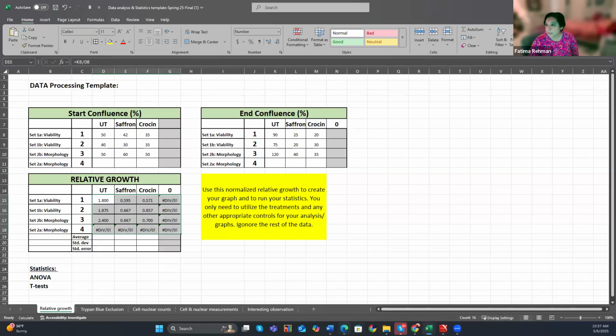A number below 1 means that the cells either died or didn't grow or replicate as much, so they were less confluent than you started with. And so now when we do that, you see the numbers get a lot closer together,